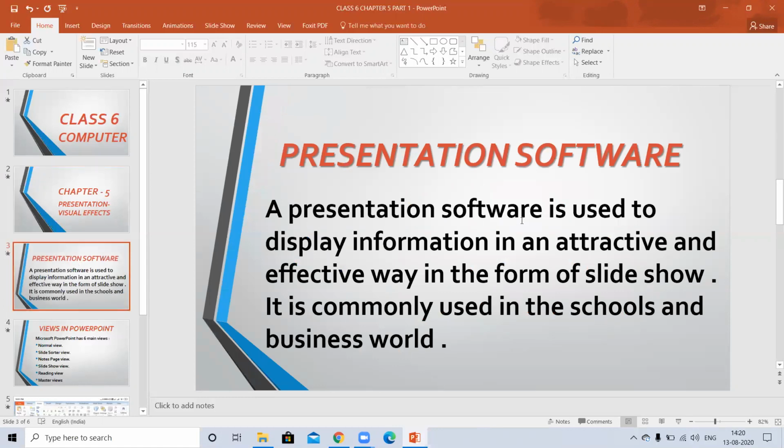A presentation software is used to display information in an attractive and effective way in the form of slideshow. You all know, children, that if I explain any topic and also show that topic visually, then it will be more effective, and you can understand in a better way.